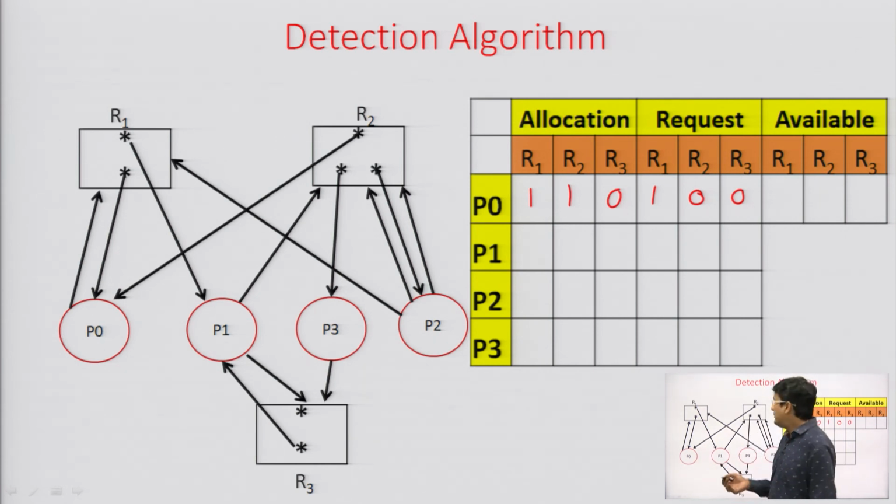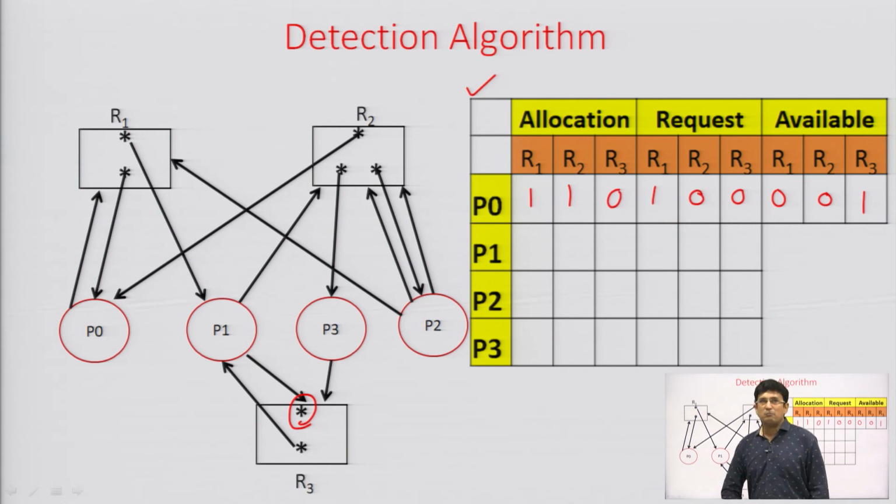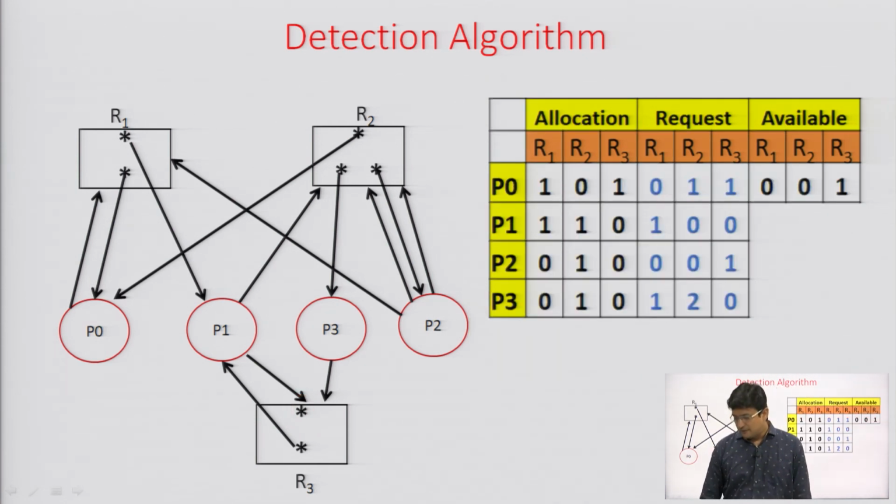Similarly, you can find out the allocation of the other processes. Now what about the available? You just look at the dots inside the rectangles. So this is 2, all those 2 are allocated. So 0 units of R1 are available. Then for R2, 3 units are allocated, no unit of R2 is free, but for R3, 1 unit is free, this one. So this is the available. So after making this matrix, by applying the deadlock detection algorithm, you can find out if the state of the system is safe or not.